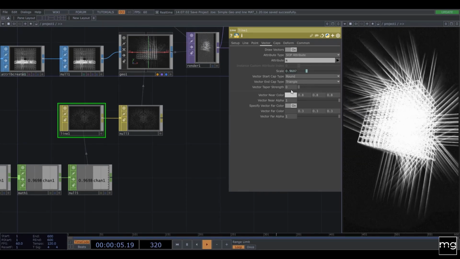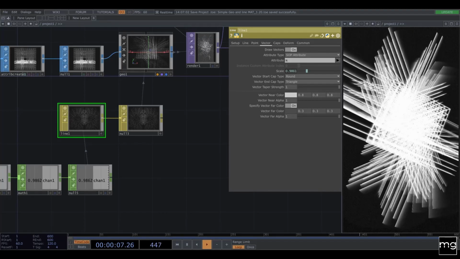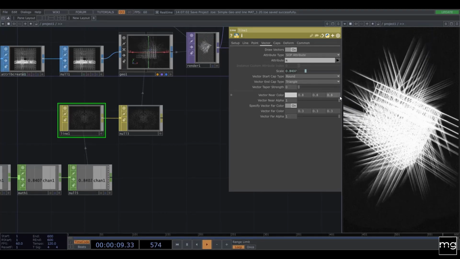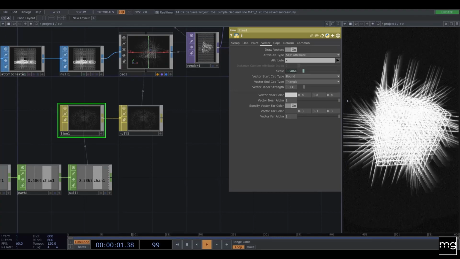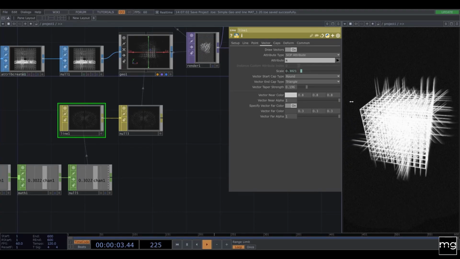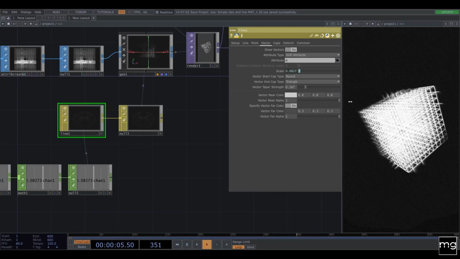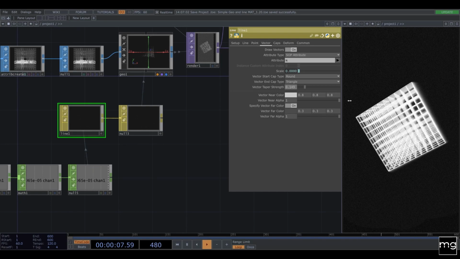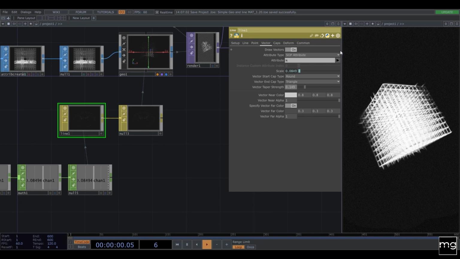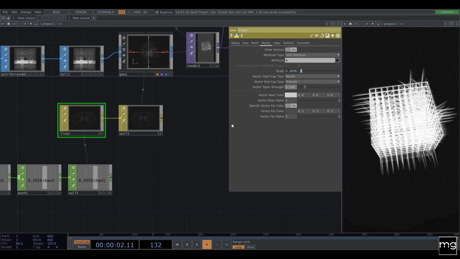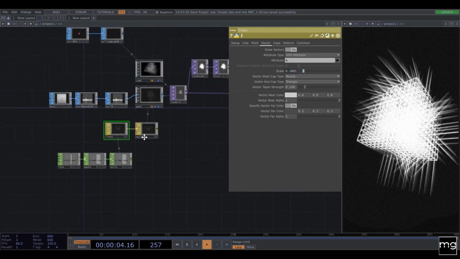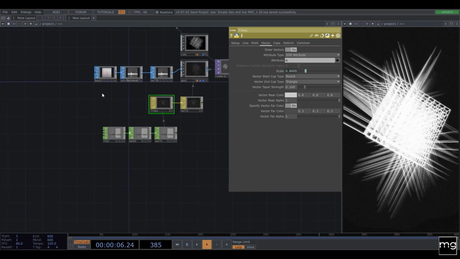So here we can go, it's going to be thicker. When we go here, it's going to be a little bit less thick. And this is pretty much what it is, the tutorial. So you can play with that.